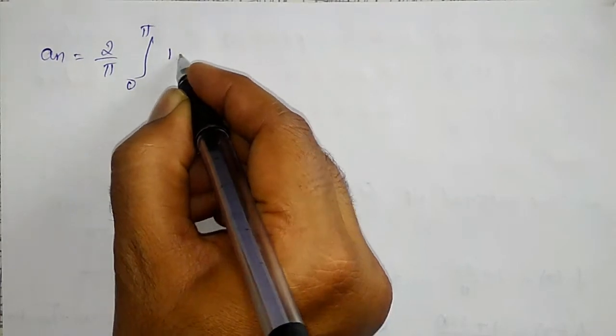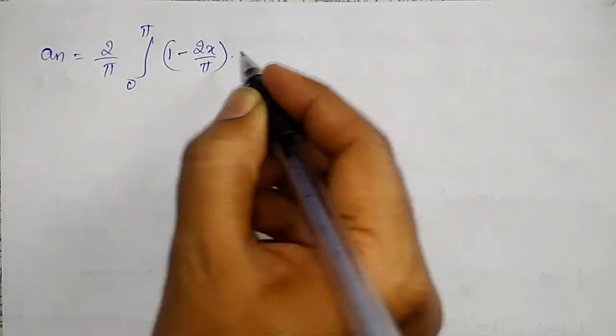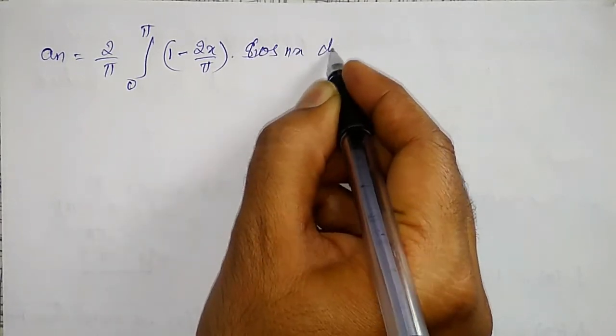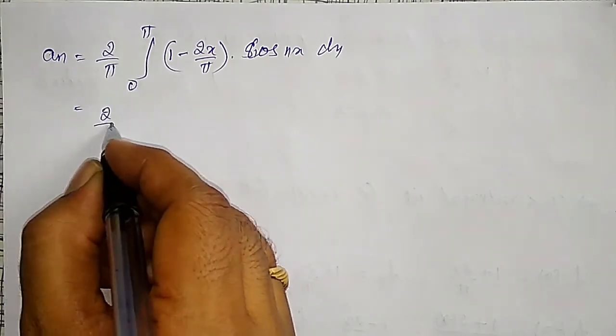My f of x is (1 minus 2x by pi) into cos nx dx. This one I have to integrate. To integrate this, Bernoulli's rule I have to use. 2 by pi